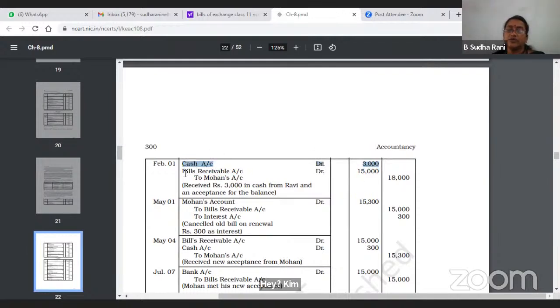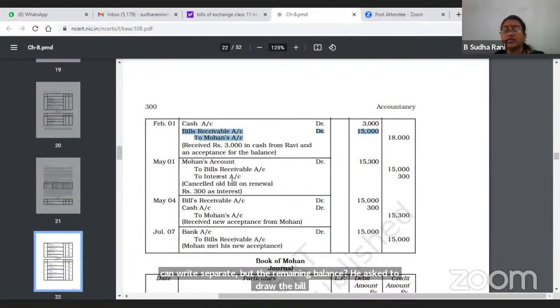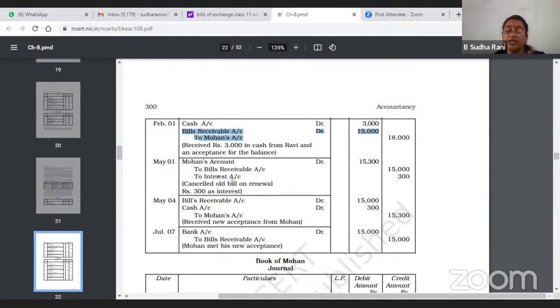You can write a separate entry also. For the remaining balance, he asked to draw the bill, for which this entry: bills receivable account debit to Mohan account. You can give this as two separate entries: cash account debit to Mohan 3,000, bills receivable to Mohan 15,000. Like that you can write separately. Okay, two entries, or you can write this combined entry also. Because he paid 3,000 immediately, but for the remaining balance, whatever he's asked to pay, only for that he's due. The next one you have is Mohan account debit to